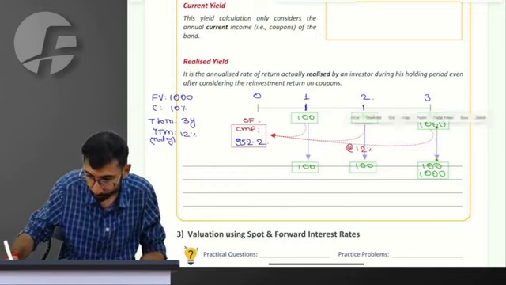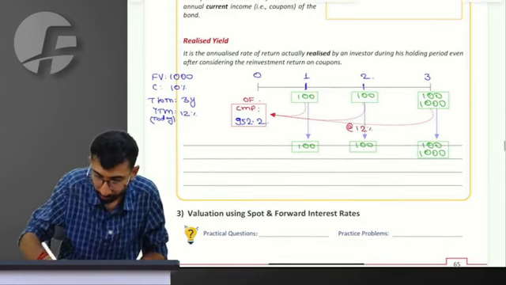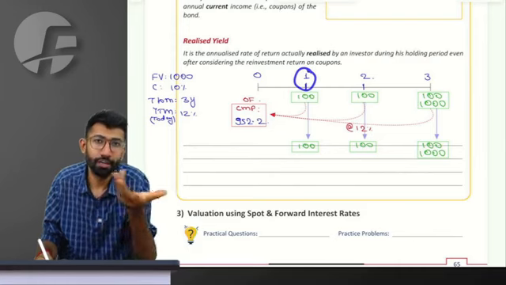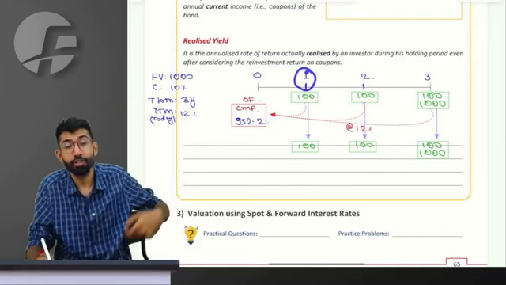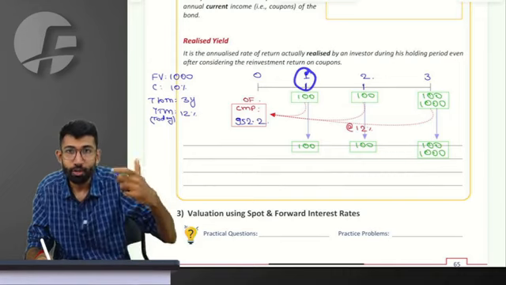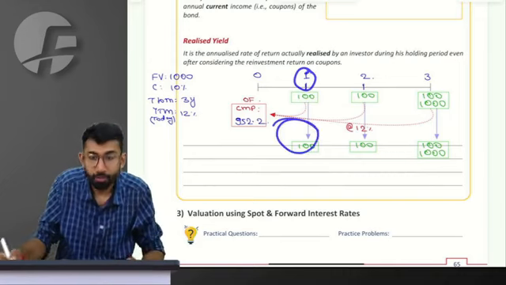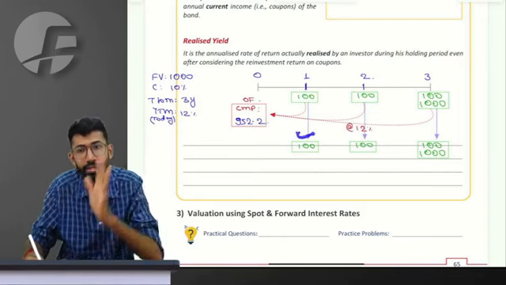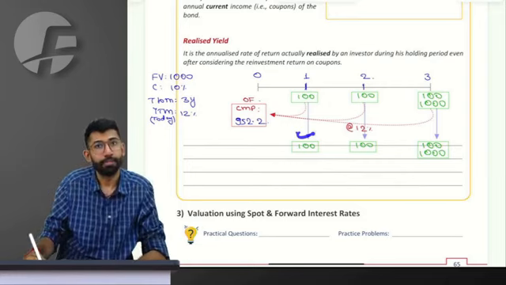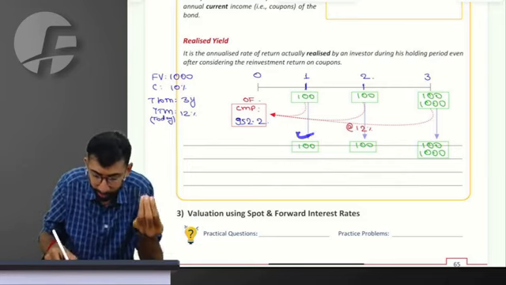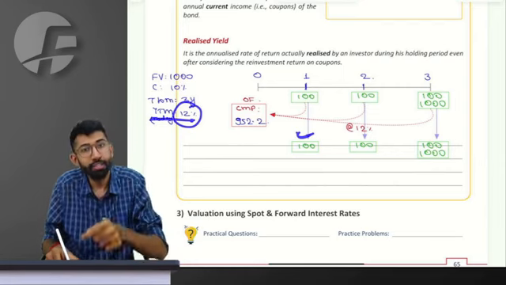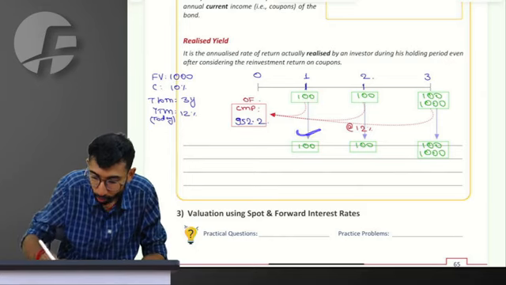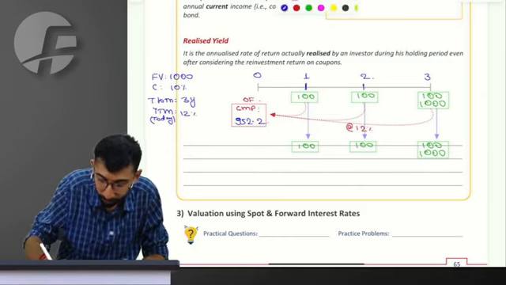Meaning to say, suppose at the end of first year, as I've clearly spoken to you, the YTM in the market, which is the interest rate, depends on the economy, the country's economy, the global economy, which means the YTM keeps on changing. Suppose what actually turns out to be the YTM in the market at the end of first year is 10%. Unfortunately, the interest rate in the market falls. So rather than 12%, which was the YTM on the day today, the YTM on that day falls to 10%, which means